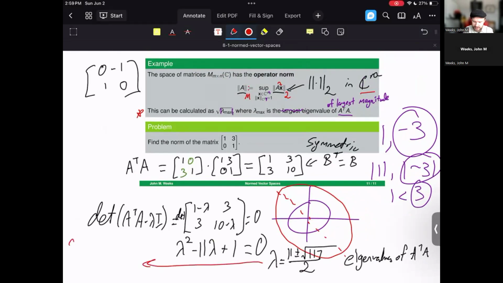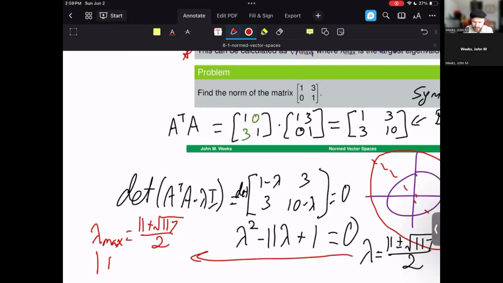Since lambda max is going to be the one with the plus inside of it, as the minus is going to make it a rather small number in magnitude, I need to choose this one with the plus inside. Then the value of the norm of the matrix A is going to be equal to the square root of 11 plus the square root of 117 divided by 2,